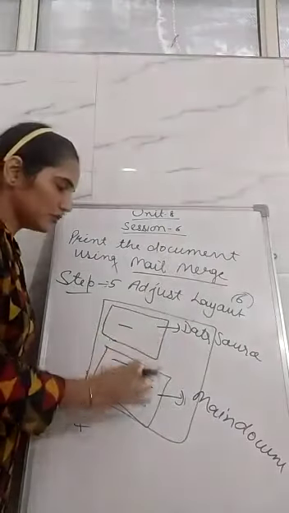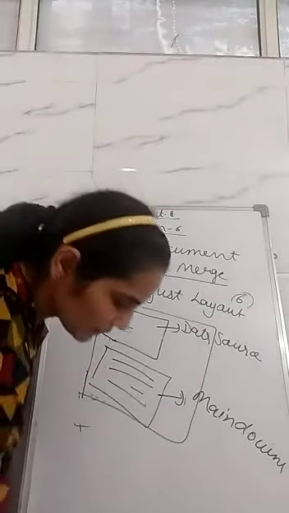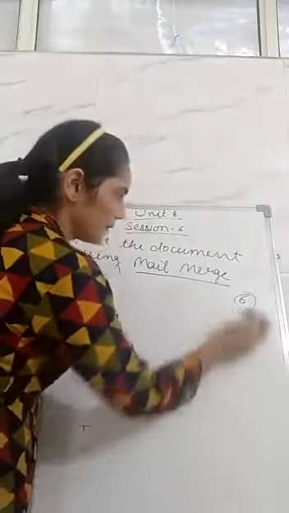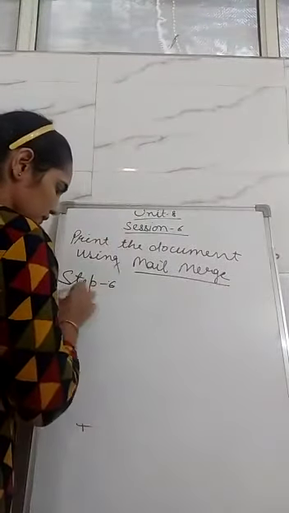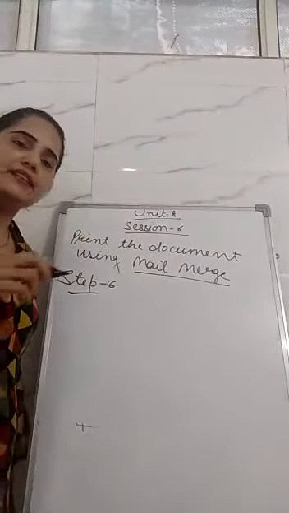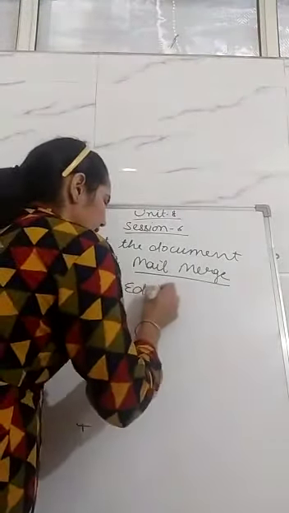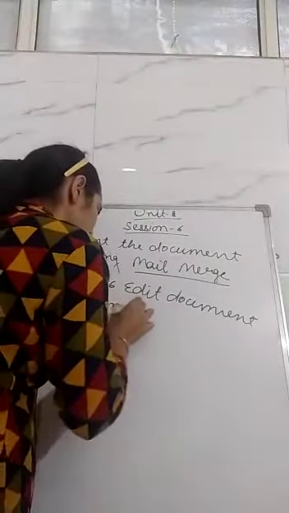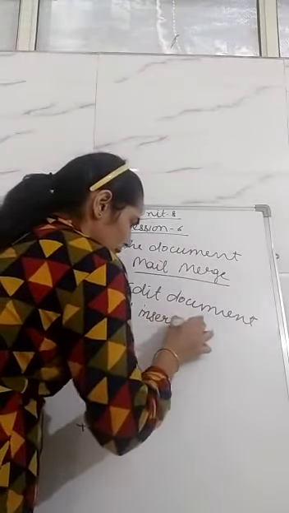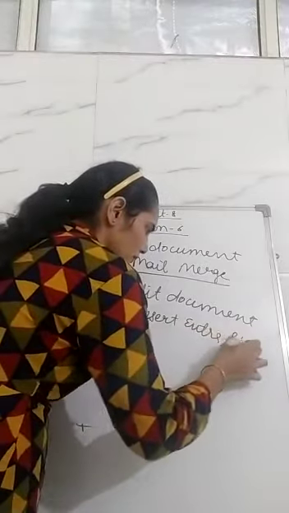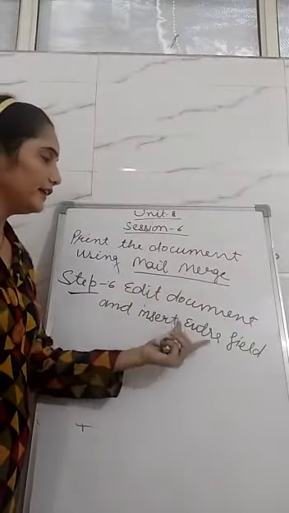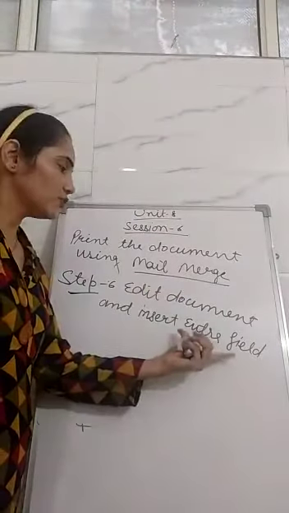Here it shows the data source and here it shows the main document. And now come to step number 6. Step number 6 is edit document and insert extra fields. Yes, when you click on edit document and insert extra fields, it will fill all the data source addresses